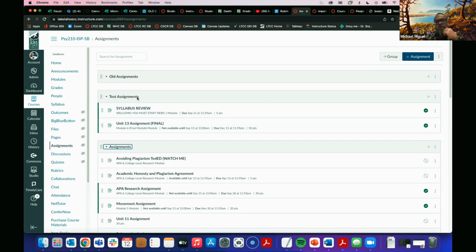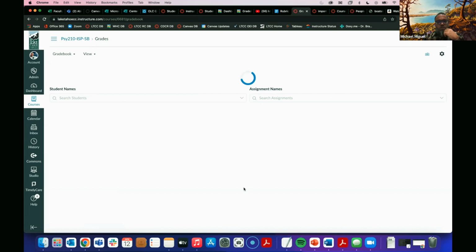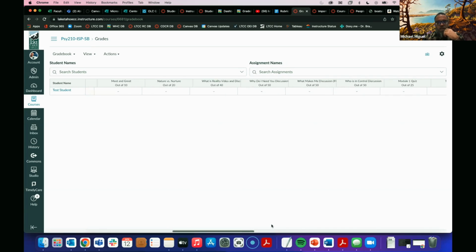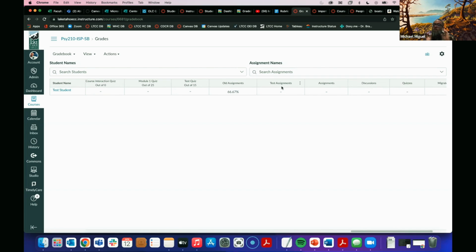So now what this is going to do when you go to the grade book is it will show at the end a test assignments column. So everything that falls inside of that assignment group, it will tally those scores and put them in the appropriate group.